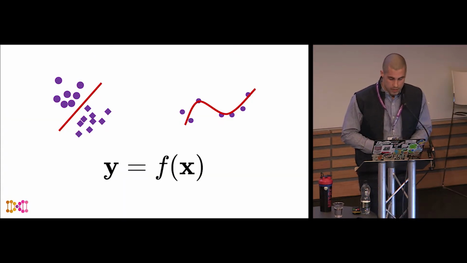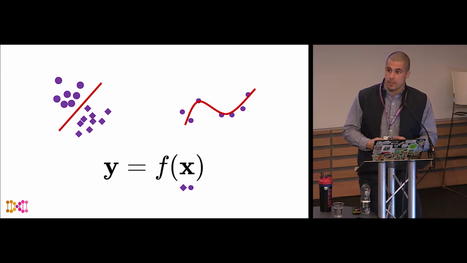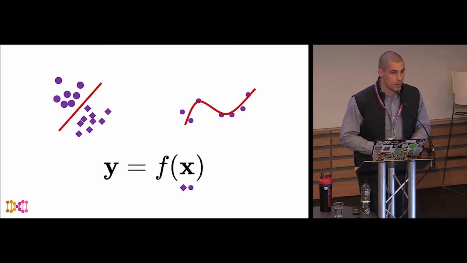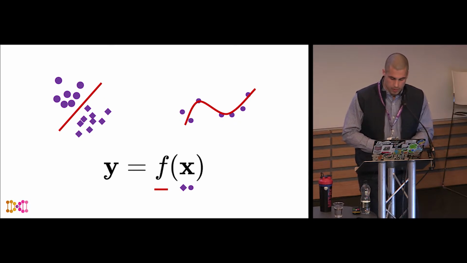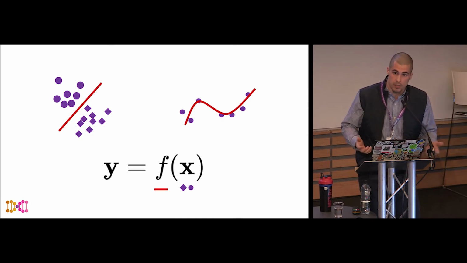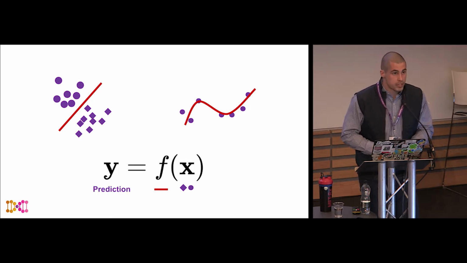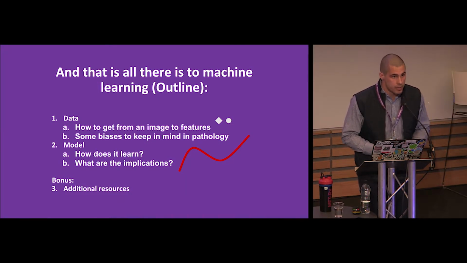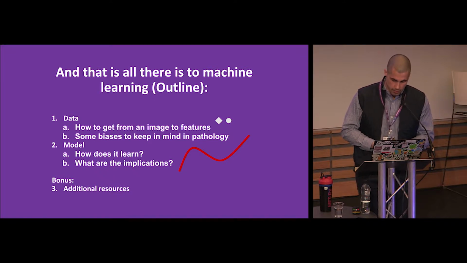Now, this is the only formula you will see in this whole presentation. Your data will be your X. These are the features, or some sort of covariates, that describe your data in the best possible way. Your second stage of machine learning development will be the model, which is your F function, which you are trying to learn. And then the prediction that we are trying to make, which is, again, categorizing which category the data belongs to, or predicting the survival. And that is really all there is to machine learning. And that's it, job done.